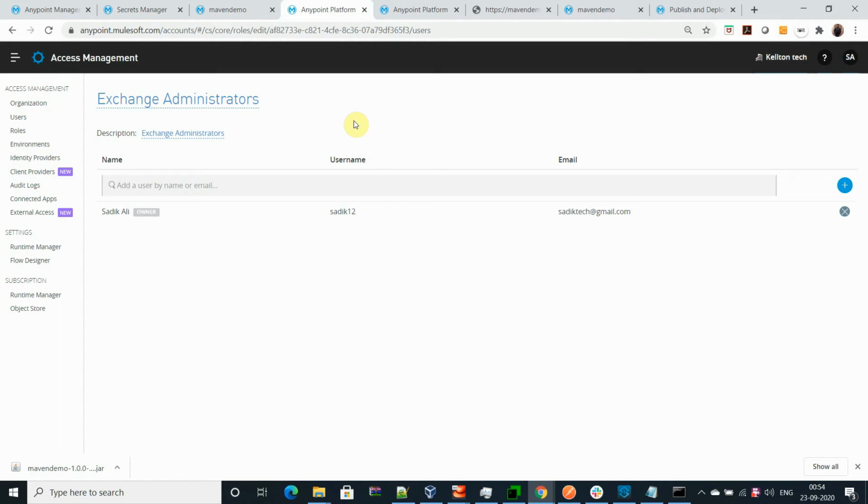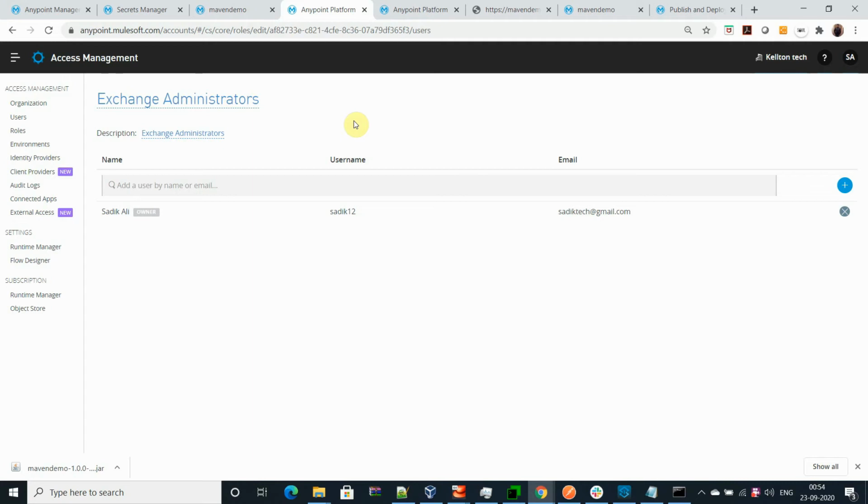The user should have the maximum authority to perform operations in Exchange, because that user will have to read, write, and fetch the application for deployment to Runtime Fabric.